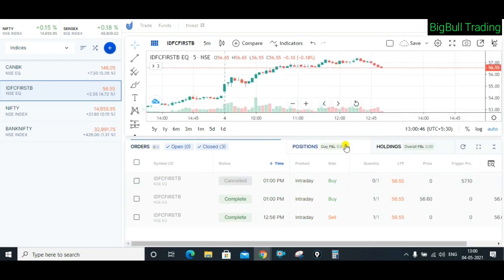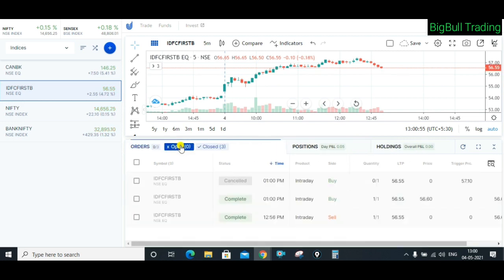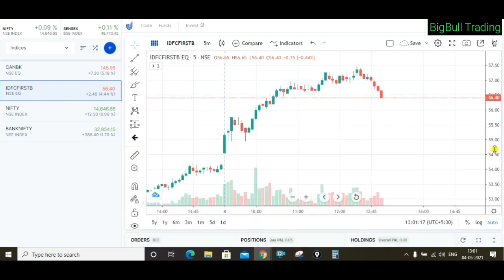And one more very important point, after every order you finish, always go to the position to see it's 0. This is very important, step 1. And step 2, go to the order form and see whether any pending order is there, because sometimes if you are busy, your mind is somewhere else, you will place the order and you will forget. That order will execute at that price, and end of the day it will give you more losses. So like this you can see how you can put the target and the stop loss both manually.